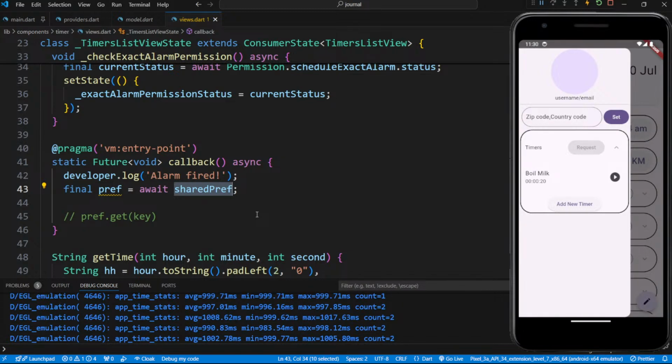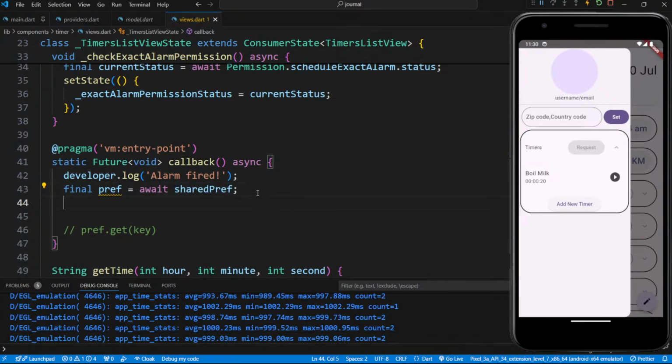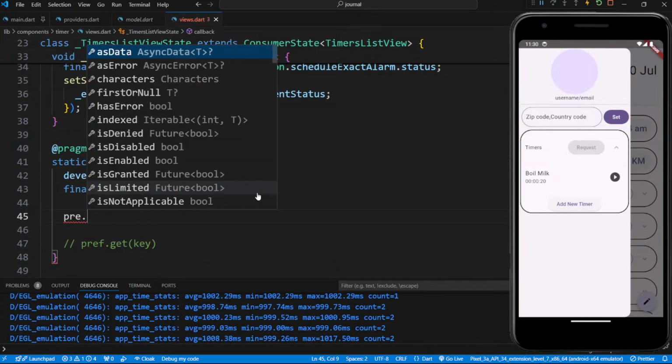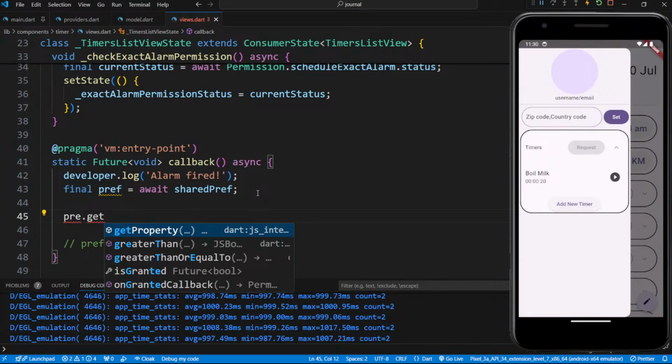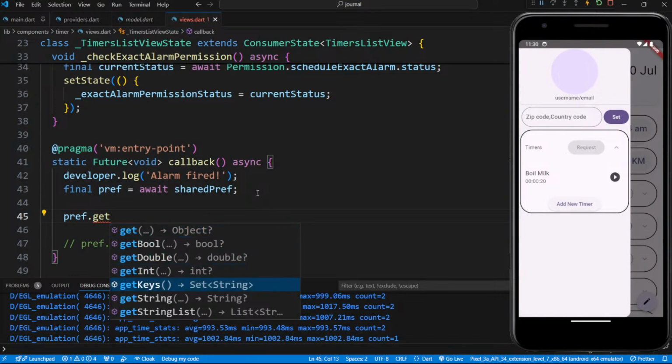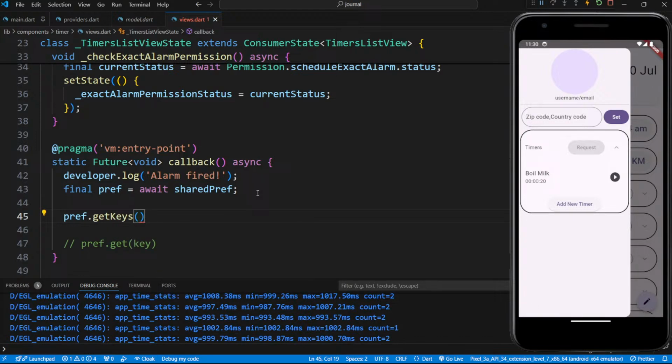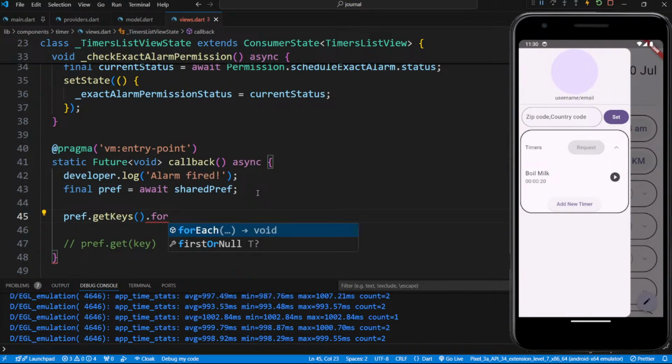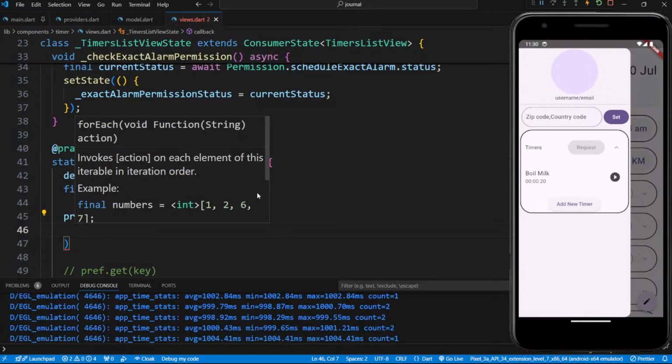What do you do? So for now we have to follow this. So what we can do is get all the keys, preferences dot get keys, okay,